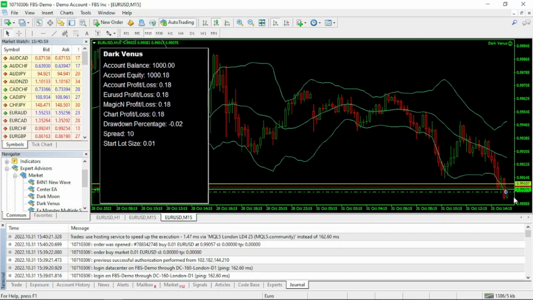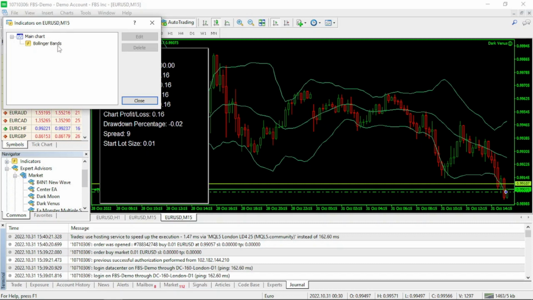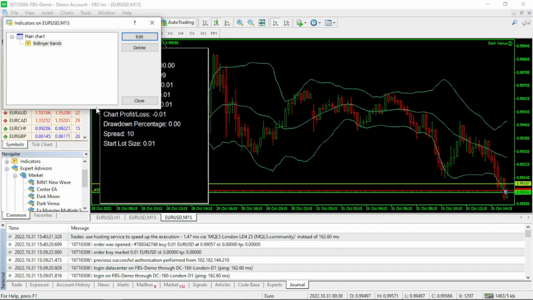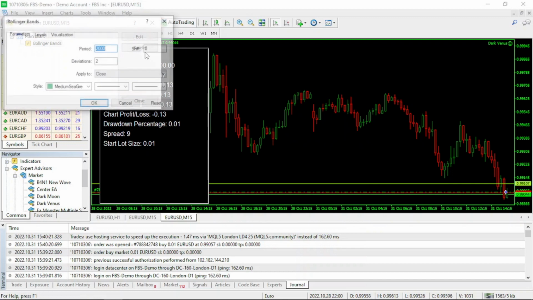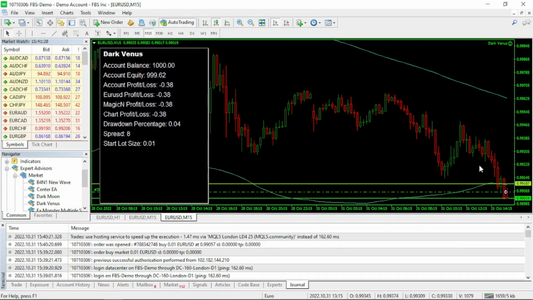Remember, depending on what strategy you are trading, what time frame you are using, and your specific settings, it might take longer or shorter for the expert advisor to place its first trade. The simplest way of doing this is looking at what type of indicator you are using and then adjusting your settings accordingly. For example, if you were using the 200 period Bollinger Band, it would only have taken one trade by now. I hope that this guide helps you in any of the problems that you might be experiencing with your expert advisors or